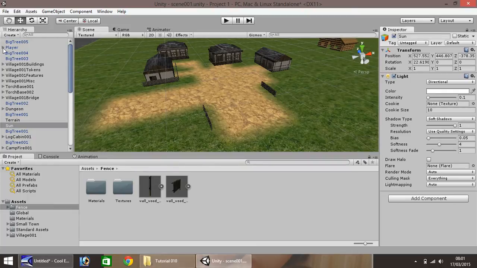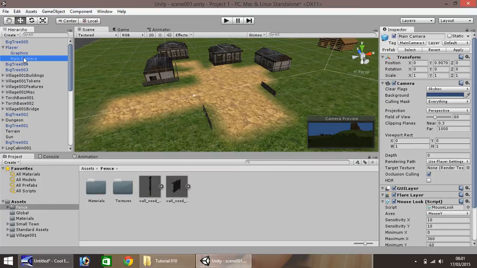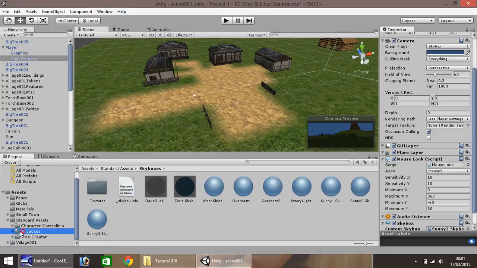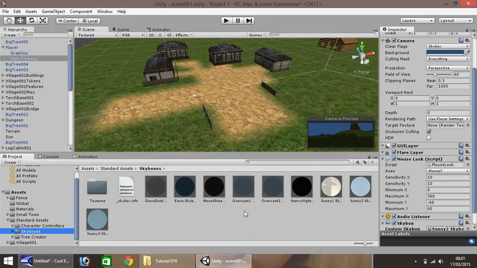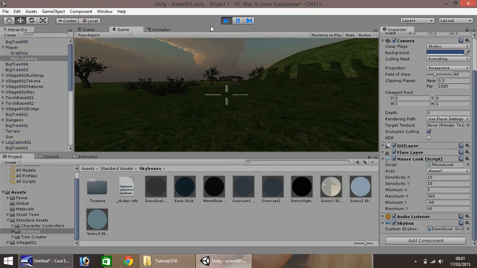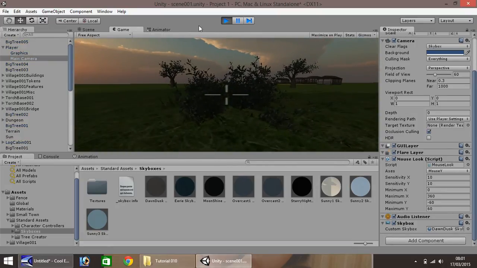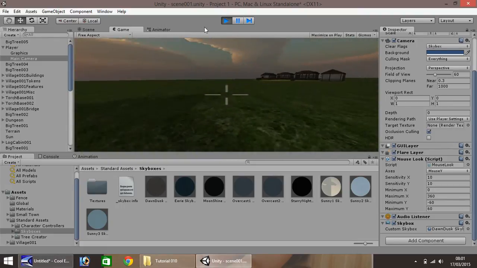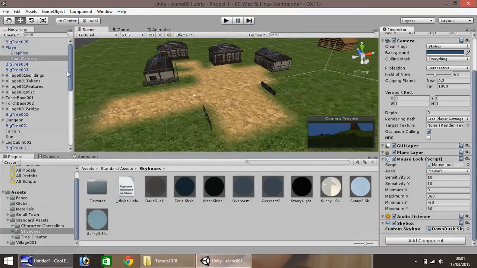So back onto player, onto main camera, and you'll see, where was it? We had skybox here. What I'm quickly going to do is change the skybox to dawn dusk, and then replay. There we go. So it looks a bit more, well, mood lighting-y. Because what we're going to quickly do now, before I end this tutorial,